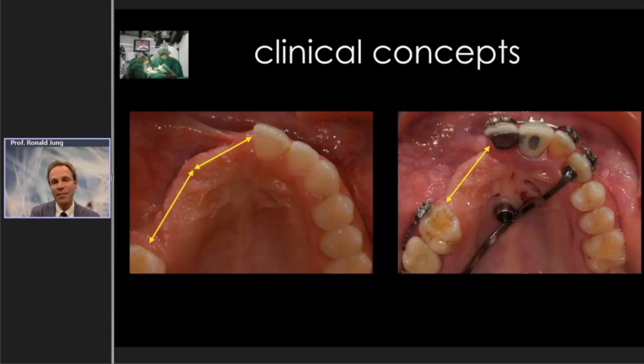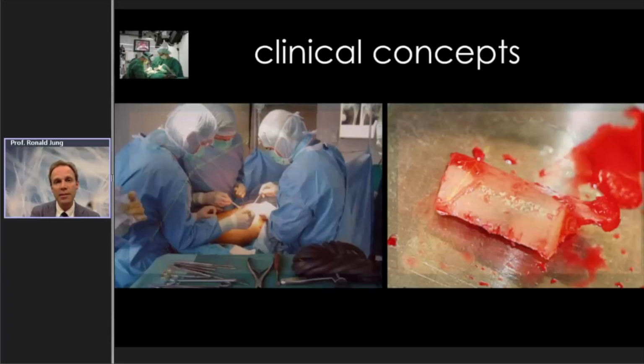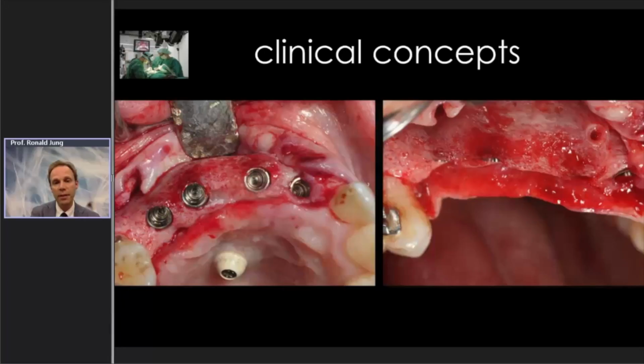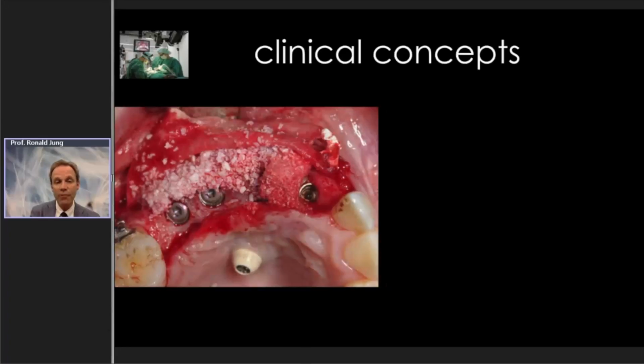This took place together with the maxillofacial surgery department, with a bone block placed in this remaining area. And after a 4-month healing period, we were able to additionally place 3 implants in this area. The implant most to the left was placed first, and the others could subsequently be placed. And again, also here, we did a contour augmentation using the L-shaped technique in order to get more volume in this area. And then the suturing procedure.